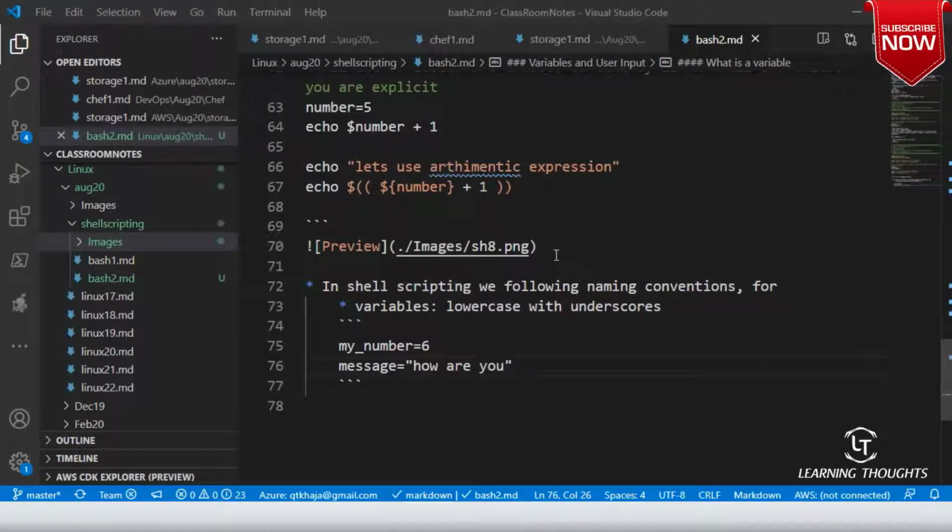Okay, right. So if you want to consider anything as a constant, what are constants? Constants are the variable values which do not change or which should not change, right? For constants, we generally try to use uppercase letters.